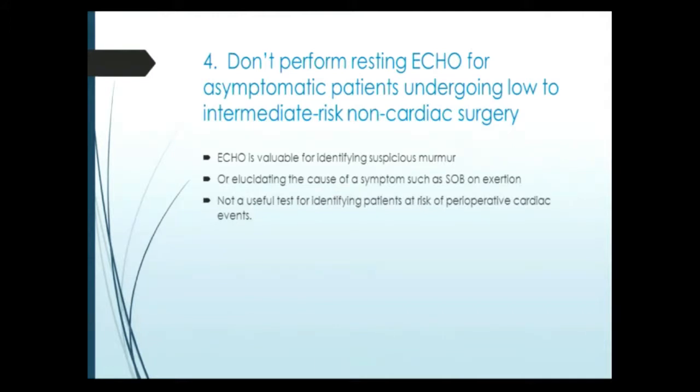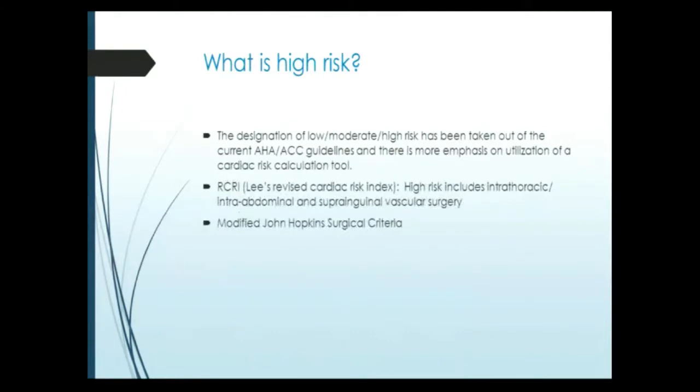The words low to intermediate risk surgery prompted me to do a little search on, so what is high risk surgery? I know when I was a resident what the ACC/AHA guidelines defined low, intermediate, and high risk surgery was, but that was a while back, so I thought I'd review it. And when I go to the new AHA-ACC guidelines, that all has been taken out. So there's a lot of changes actually in the AHA-ACC guidelines from when I was a resident, and I found it really interesting. And actually, if anyone wants to do a rounds topic, a really interesting topic is the fact that they're using a lot of these cardiac risk indexes in the new guidelines